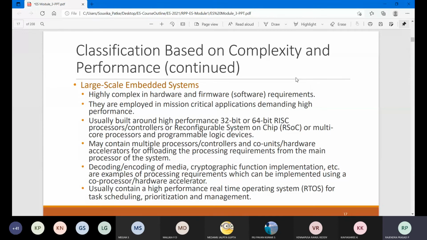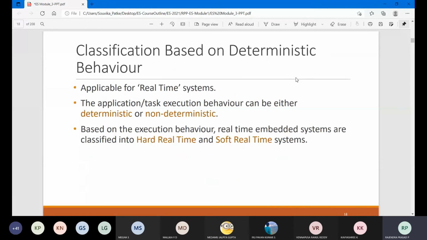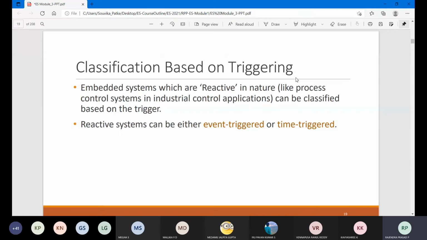That is why I am moving a little bit fast. Right? Classification based on deterministic. Deterministic means a particular application for that particular type, hardware related type and software related type. Then based on triggering, event triggering. So I said washing machine: every 5-10 minutes, first it should rotate at a speed of 6800. Next, it should rotate at a speed of 4000 in the reverse direction. So for everything, it is time triggering.